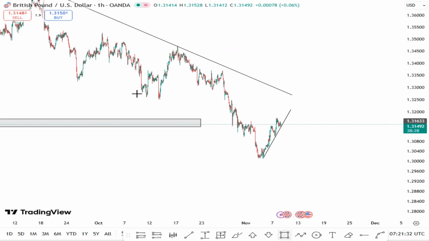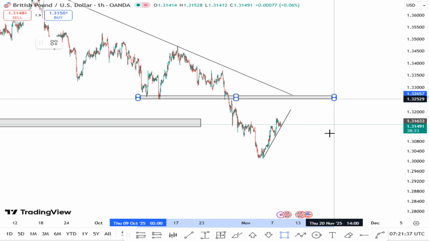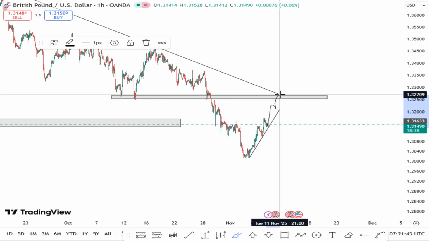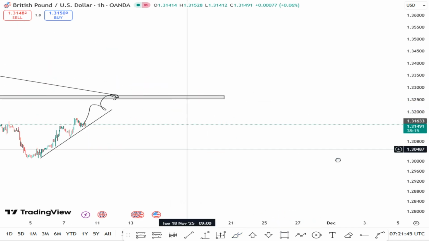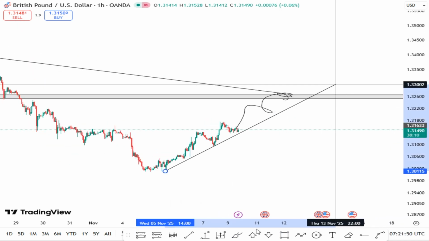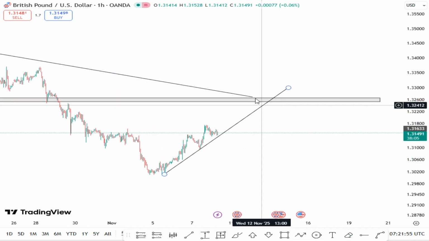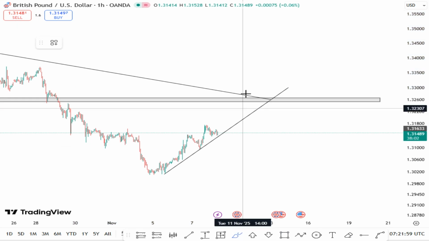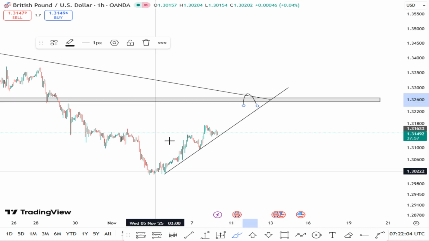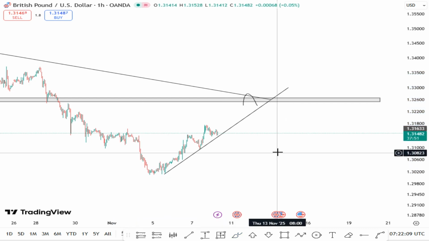And now if you cater for this level right here, maybe have it right there. I think that was a support broken, right? So my anticipation is to see maybe GBPUSD going up. Once it hits this level, that's where I want to see reaction, right? I want to see what price wants to do. Let's just adjust this once more, and I'm just going to give you another secret tip, another source. Adjust this, probably maybe have it right there. Now once she hits this level, I'm not going to look for sale immediately, right? I want the market once again to break out of this channel, because why? That is a buy market, right? I'm looking for sale, but that's a buy market.